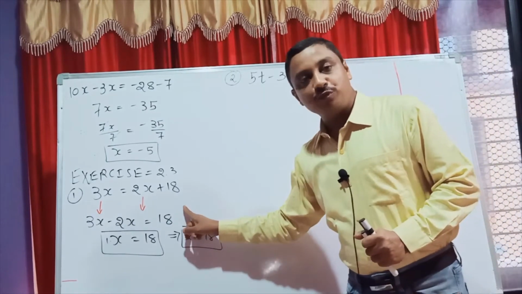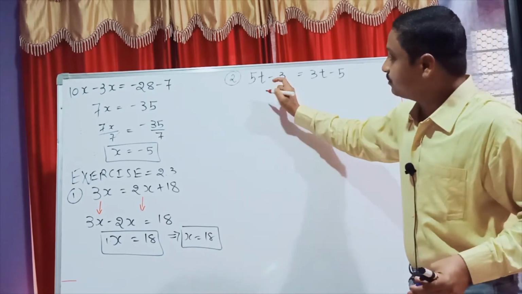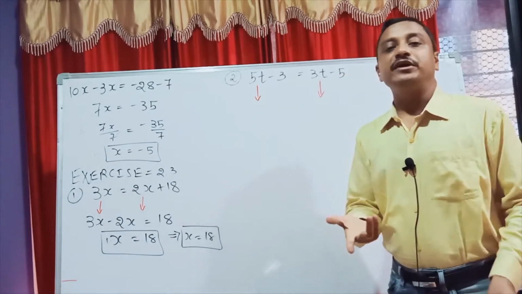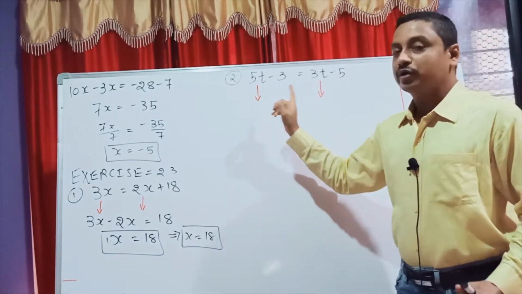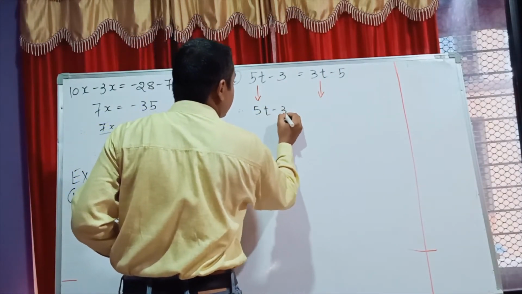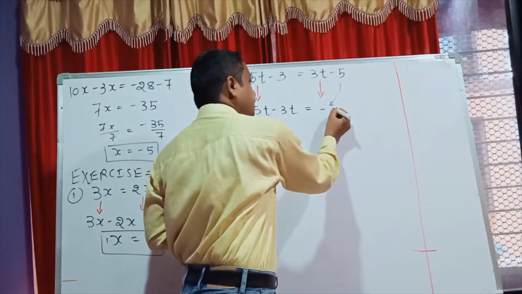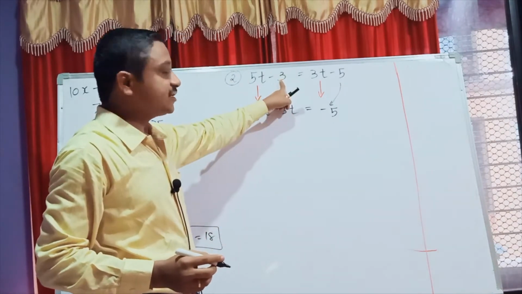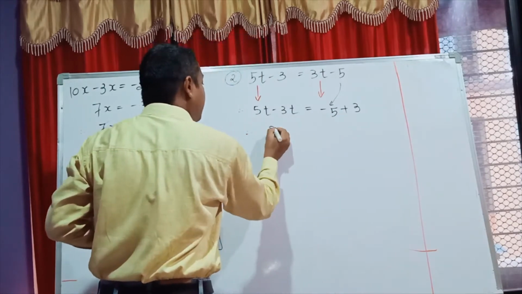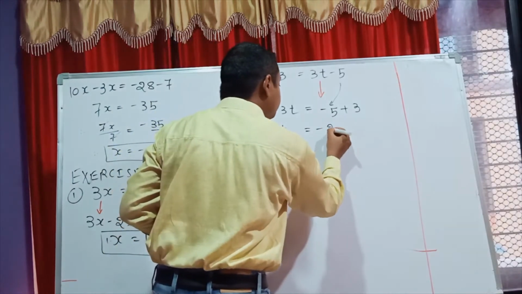Similarly, students, after that one numerical ending, I go to the second one. In this second sum, students, check what is the variable? 5t and 3t. Here t is a variable. So don't worry, this 3t, your right side to left side converted. So you are getting only 5t minus 3t. And now this minus is as it is, minus 5, and this minus 3, I converted left to right side, it is plus 3. So how much? 5t minus 3t, 2t, and here minus 2.